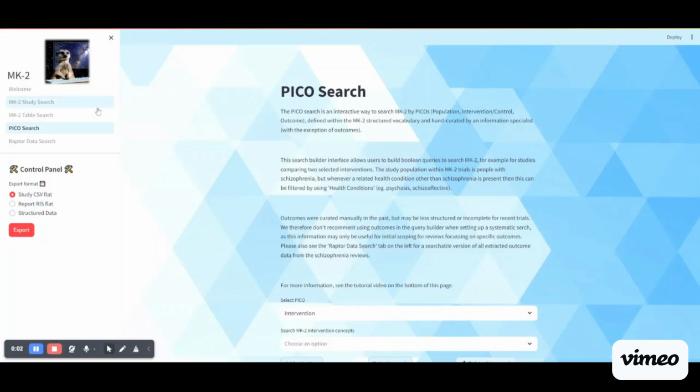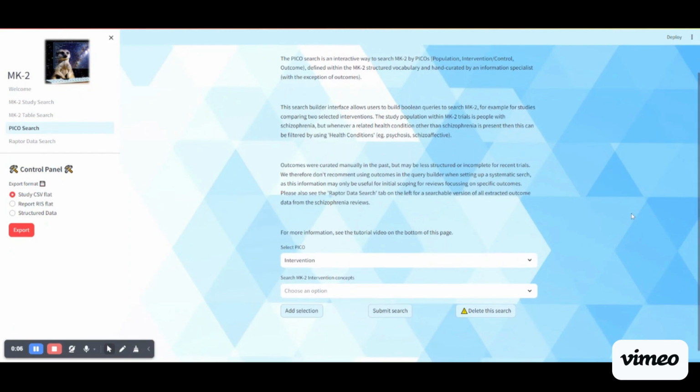This is the PICO search interface. So here you can directly access and query some of the structured vocabulary from the data tables in Meerkat, and you can build some Boolean queries that actually let you query concepts from multiple tables